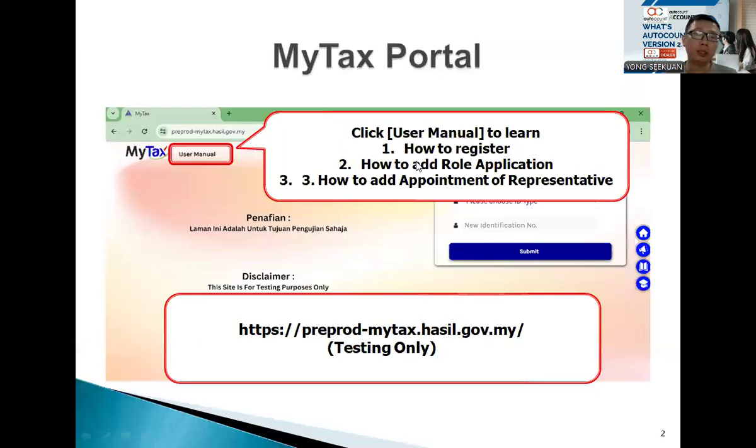Okay, so in this slide, first of all, definitely you need to log into the MyTax Portal first, because you need to do some settings. You need to know how to register and how to add the role application. Otherwise, you cannot see your company. Then this website link is for the sandbox. If you want to know more about how to register, how to add the role, how to add your representative,